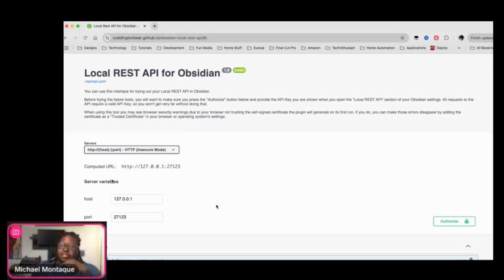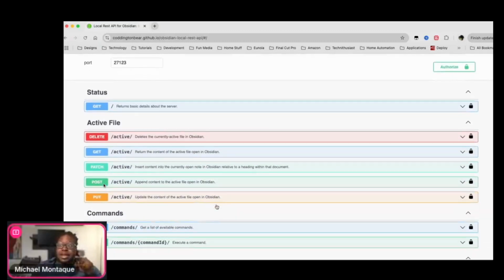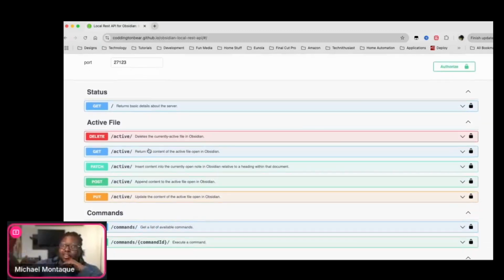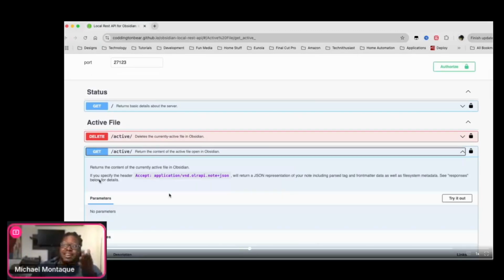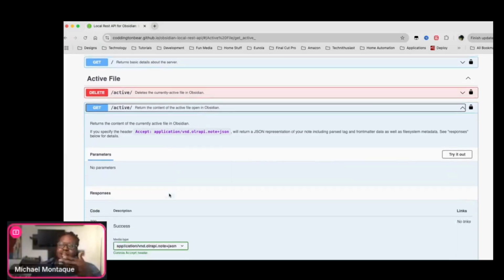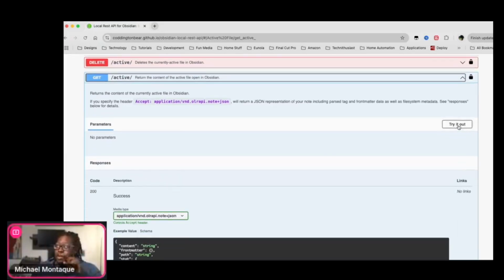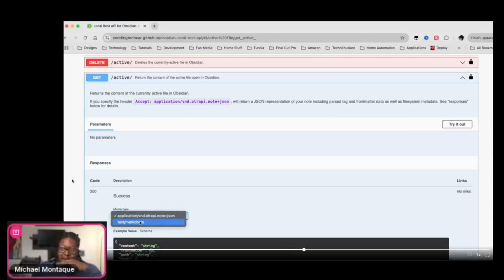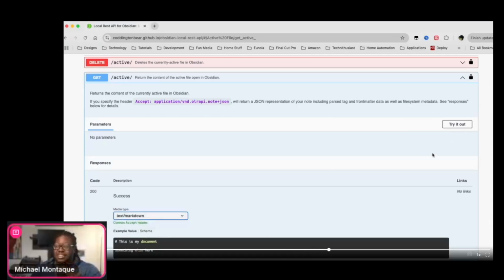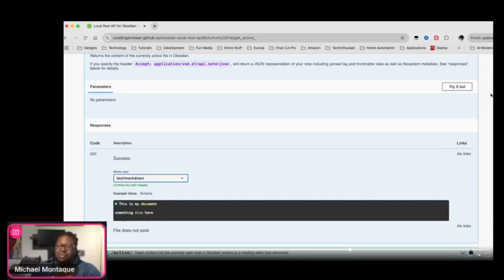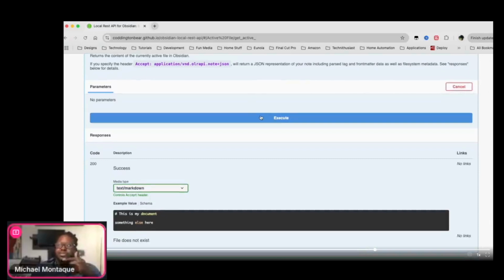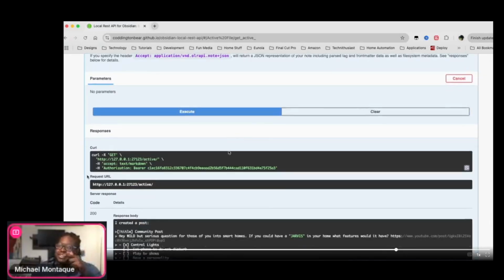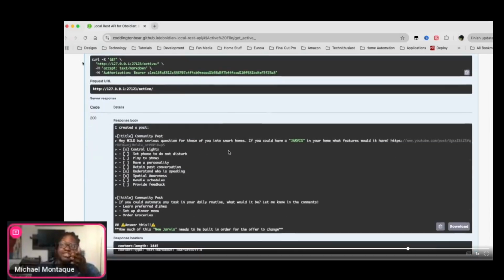But on this page, you're also going to be able to utilize it and get all of these commands, for instance, get active file. Within Obsidian, your active file is the window that is currently open. So you can say to it, I want to get the contents of this file. When you click try out, actually first, I personally like to use markdown. That's my personal preference. But once you execute it, what you're going to see here is the curl request.